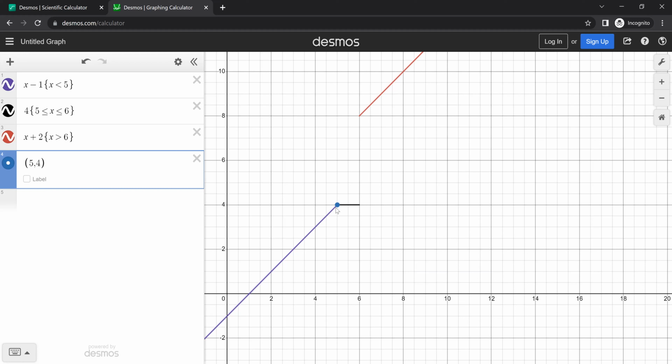From the left, what is the y value that it approaches? It approaches the y value of 4. From the right, it also approaches 4. They have to approach the same thing. Okay, so that's why for part A, the limit is